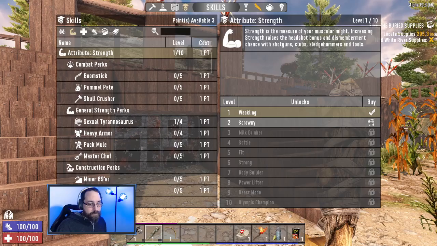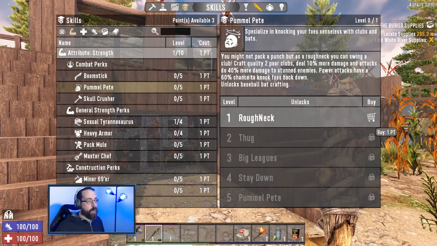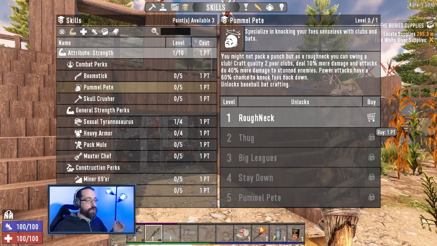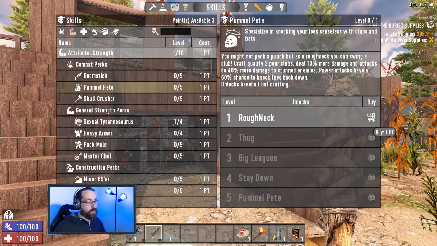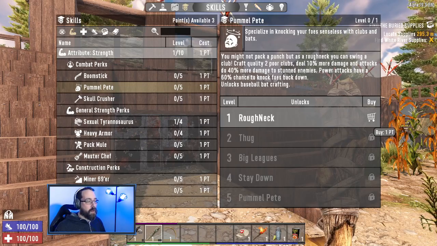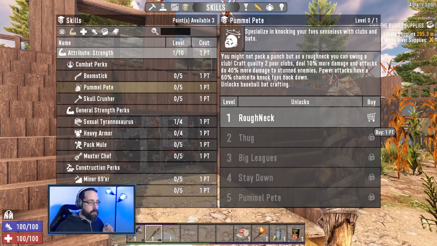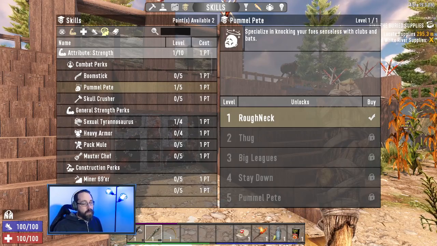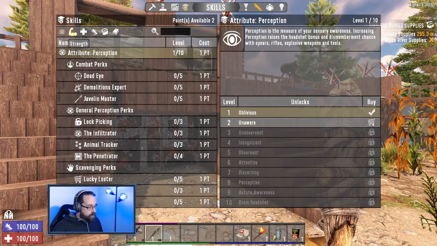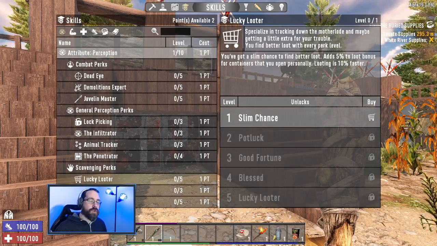I'm also going to put 1 point in Pummel Pete, which allows me to craft level 2 clubs. I deal 10% more damage, and attacks do 40% more damage to stunned enemies. Power attacks have a 60% chance to knock foes down. Okay? So put 1 point in there. Now, under perception, there's Lucky Looter. This is pretty controversial because there's no...